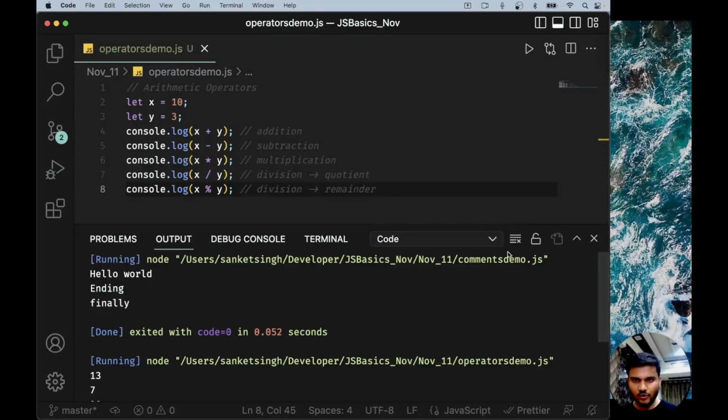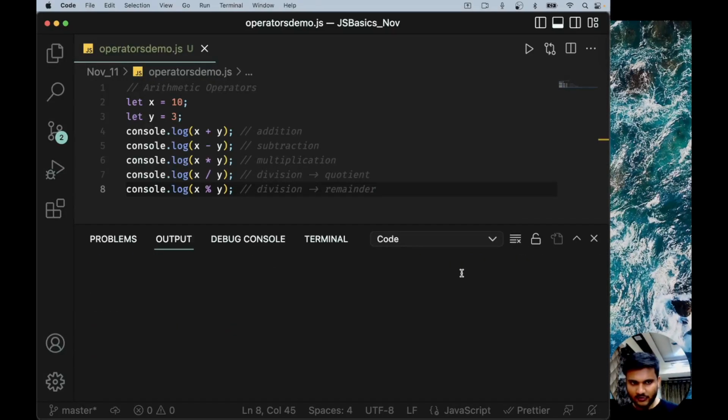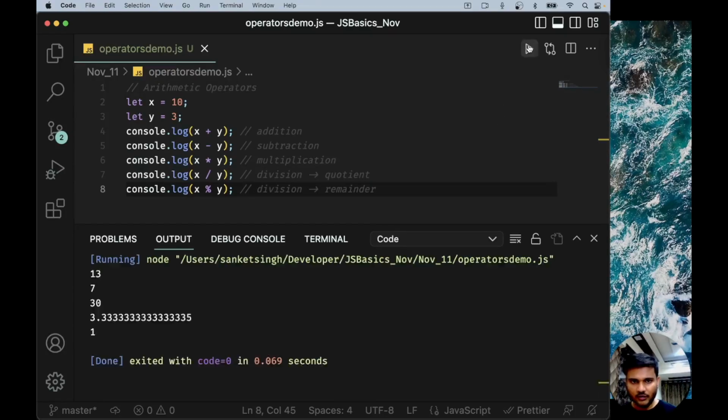let me just, if you want to clear the console, this button you might be able to see, clear output. It will just clear the console for you. And now you can run again. So you can see 10 plus 3 is 13, 10 minus 3 is 7, 10 into 3 is 30, 10 by 3, the quotient of 10 by 3 is going to be 3.33333. But the remainder is going to be 1. If you just see the remainder and you don't go to the decimal places, 10 divided by 3 will give you remainder 1. So this is going to be the output,